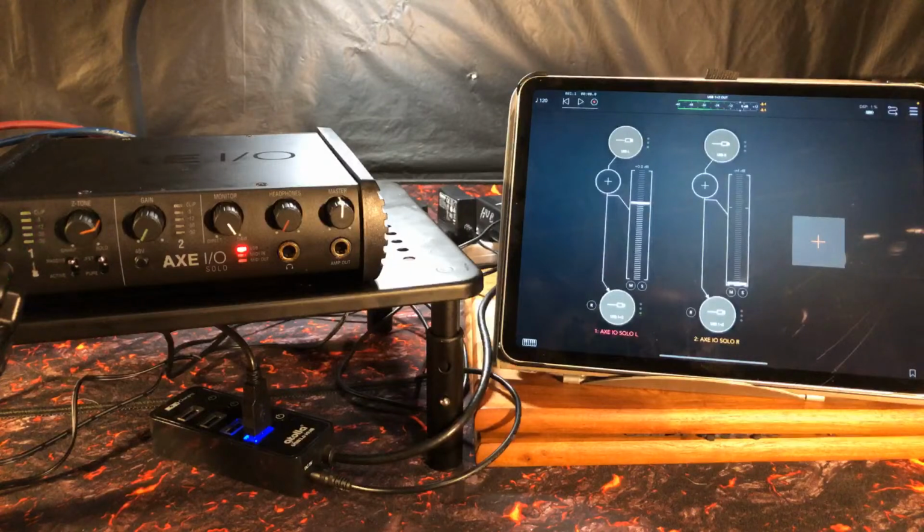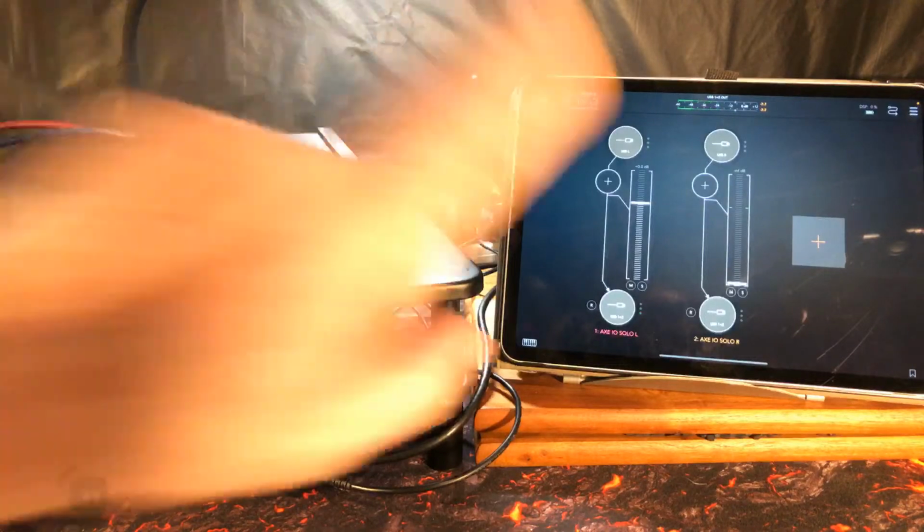So there you go, clean signal on the guitar. Which is lovely. So of course you can put your amp chain in there, but if you're using this with your setup,